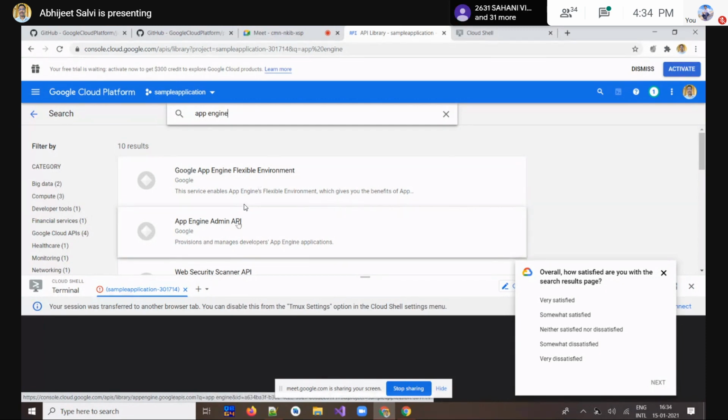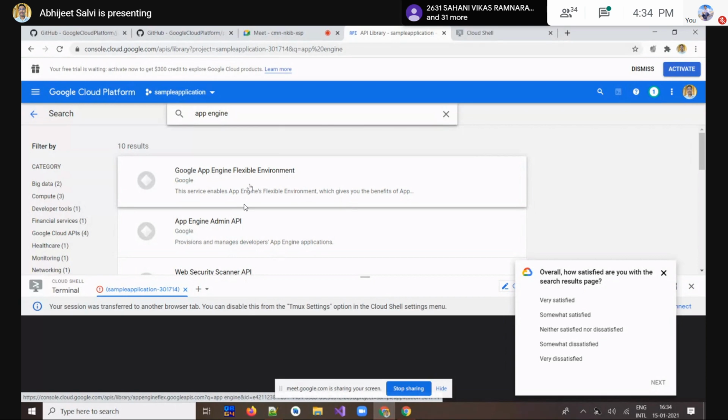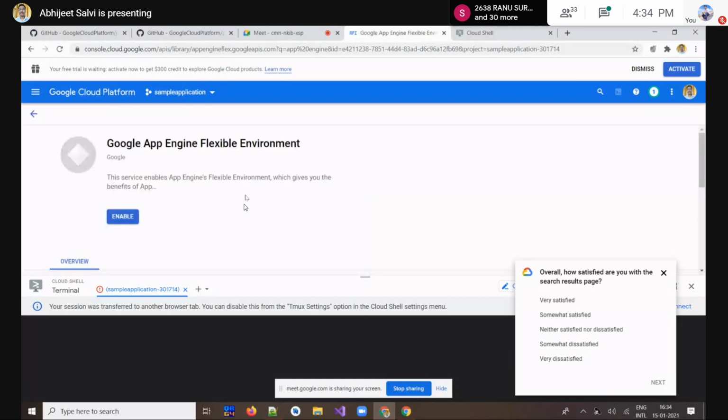Now what we are doing is the App Engine flexible environment. So this will create a straightforward app directly in the Google Cloud Platform. So we'll just select that, and then we have to enable this. Okay. Please focus here.